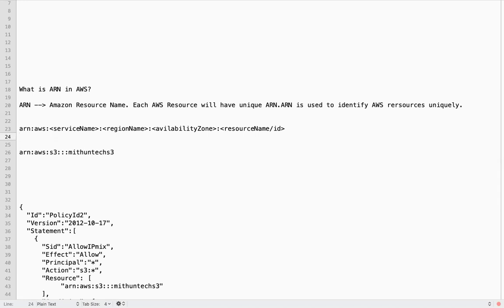So you will not have two S3 buckets with the same name. Irrespective of which region you have the S3 bucket in, that doesn't matter. So the region name and availability zone name are optional in the ARN of S3.